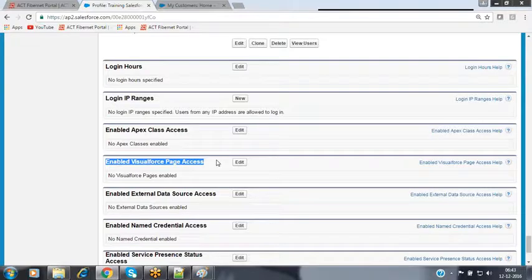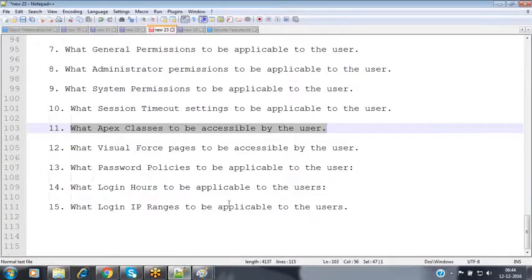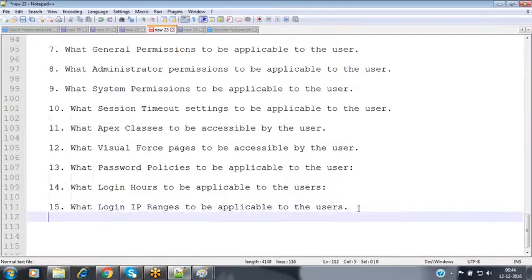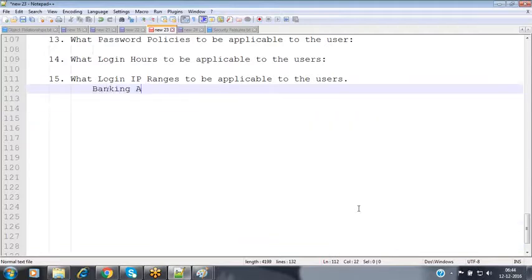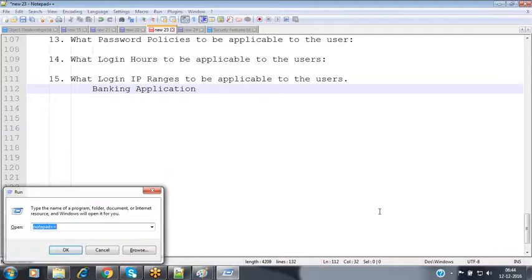Now, the next two important features: login IP ranges and login hours. What exactly are login IP ranges and login hours? Suppose, for example, we have a banking application.